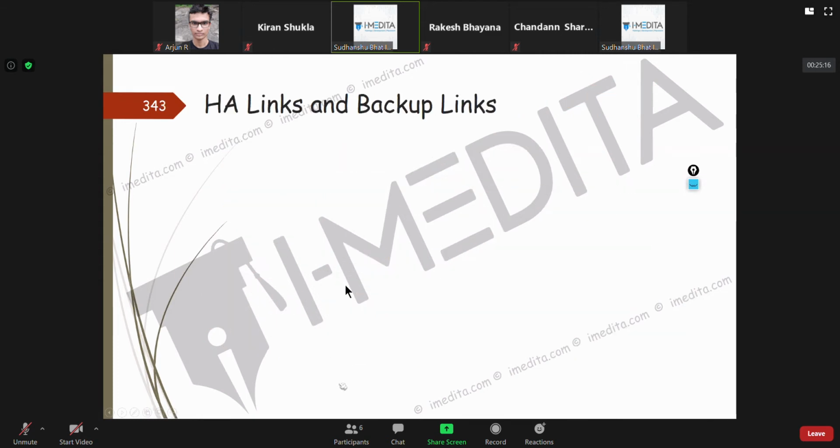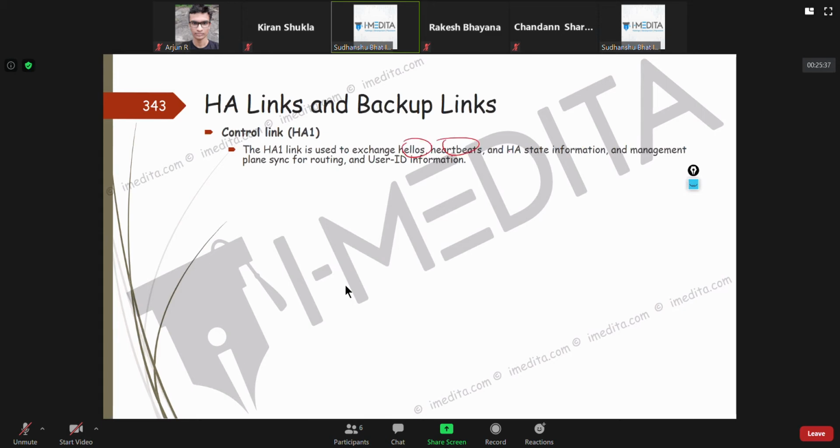Like I told you, there are HA links. The first thing we are going to talk about is the HA1 control link. The HA1 control link is the physical port used to exchange hellos, heartbeats, and HA state information.